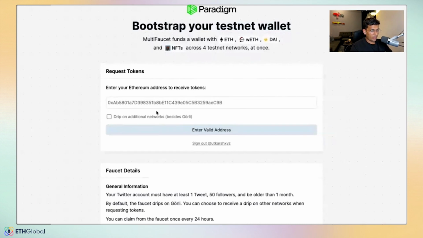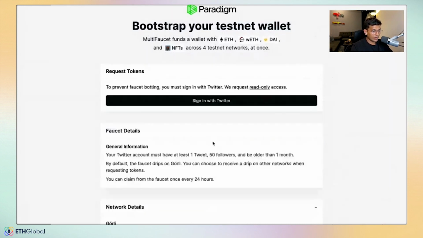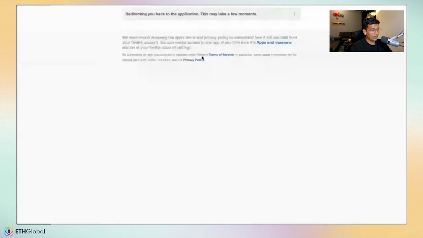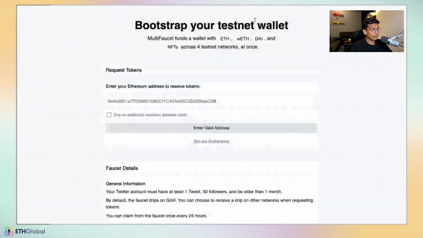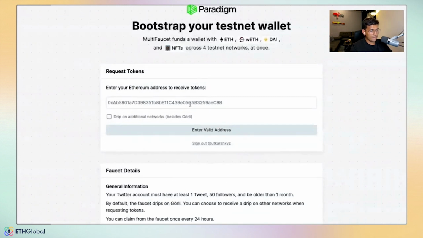Okay. Yeah, so let me just sign out really quick. Yeah, so this is how the landing page of the Paradigm Faucet will look like if you're trying to use it for the first time. Sign in with Twitter. It will ask you to approve. I've already approved it, so it wouldn't ask me again. Then